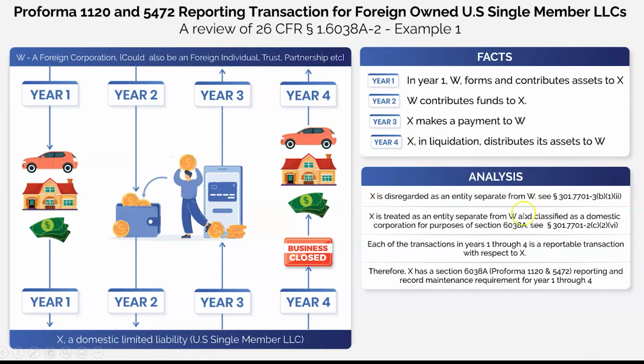So here, the IRS also provided an analysis, and it says that X is disregarded as an entity separate from W. So it's saying that this U.S. single member LLC is a disregarded entity. That we all know. It also states that X is treated as an entity separate from W and classified as a domestic corporation for the purpose of Section 6038A. What does this all mean? This means that for the limited purpose of filing Pro forma 1120 and 5472, this X, a limited liability company, which is a U.S. single member LLC, will be treated as a domestic corporation only for the purpose of filing Pro forma